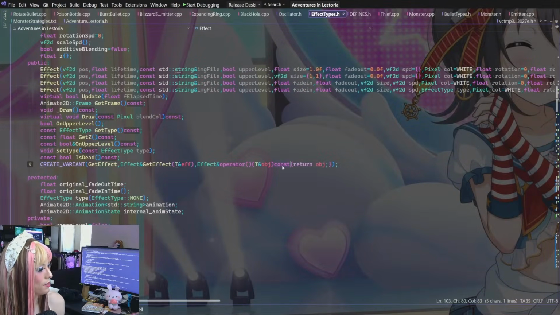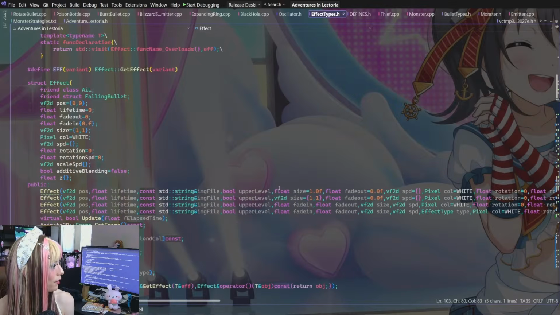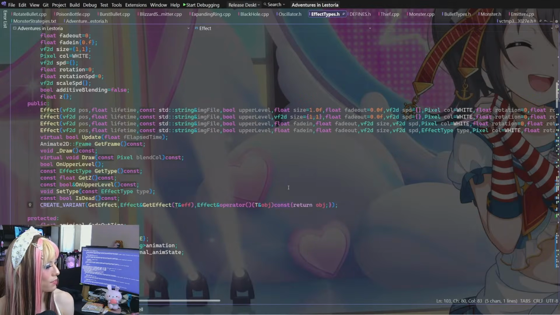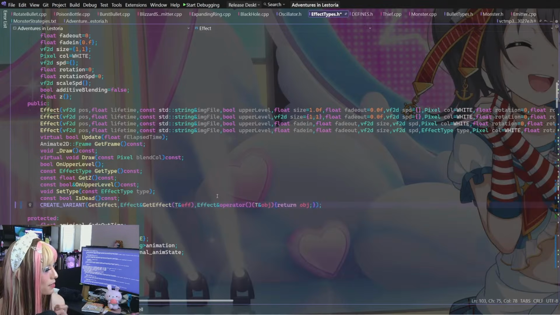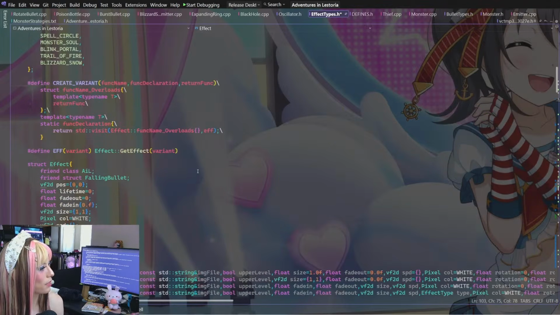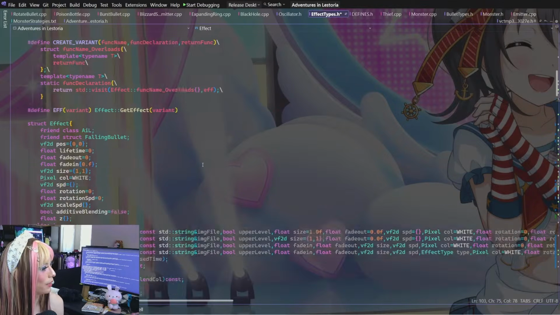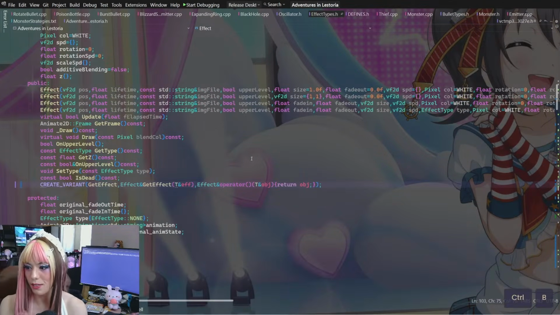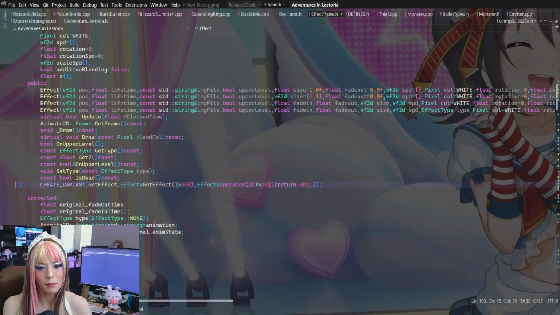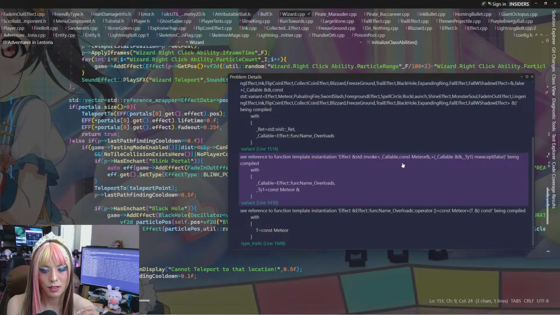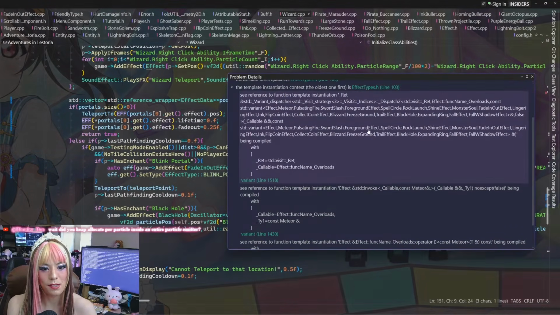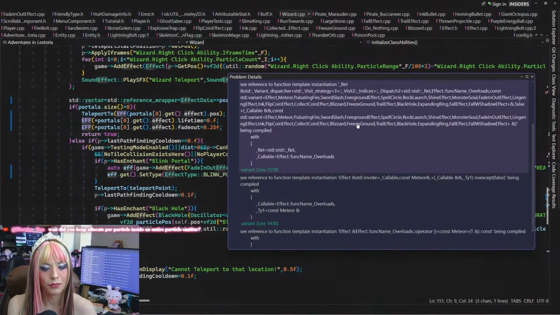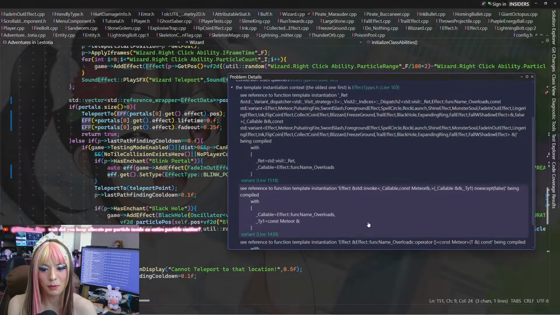Like, this is const. Is this const because the function is considered const? I think that's why. I think I'm gonna remove that. I don't know if that necessarily makes the effect const. I don't think it should, in theory. I'm gonna remove that and see. I don't think that's the reason. There must be something else. Because it says the type is const meteor. But it doesn't say where it's called from. So I'm not sure what we're dealing with here.